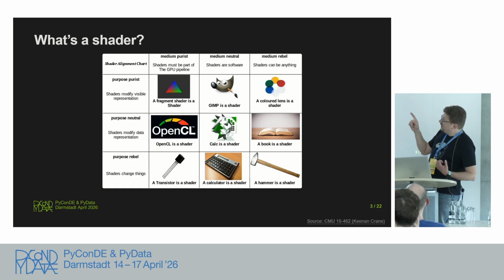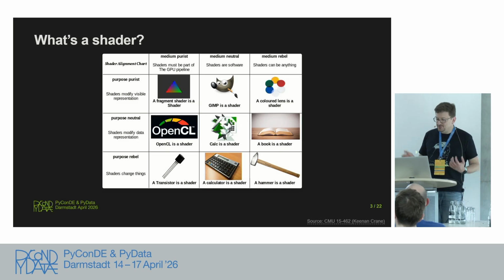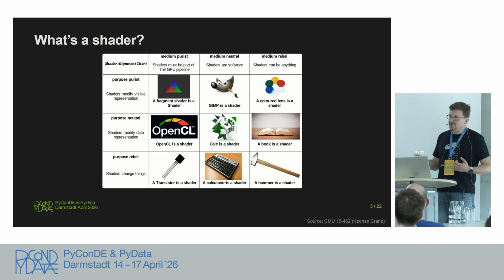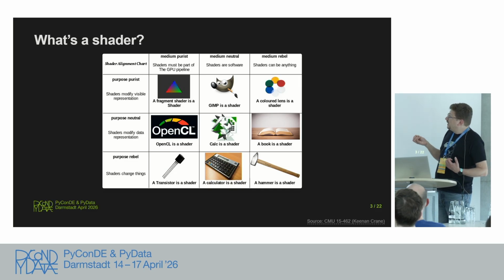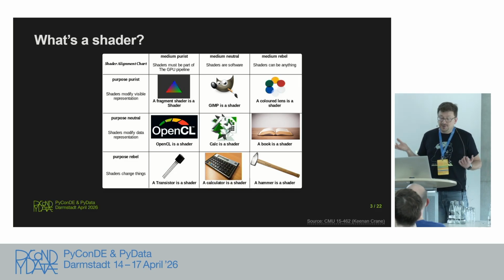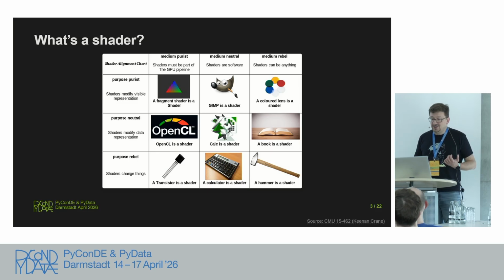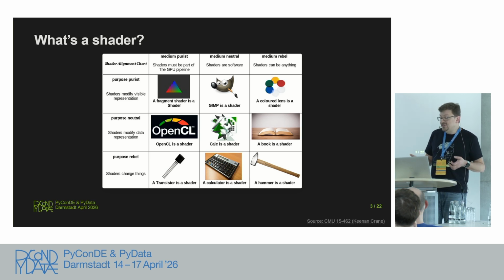So the top left cell is probably the most famous example of a shader: a fragment shader or a pixel shader that executes on a GPU in a video game. But then OpenCL or CUDA for that matter, they're also executed on the same hardware. The only difference here is that they're typically not used for rendering. So in some way, they're shaders, and there's definitely some overlap here, and we can reuse some techniques between shaders